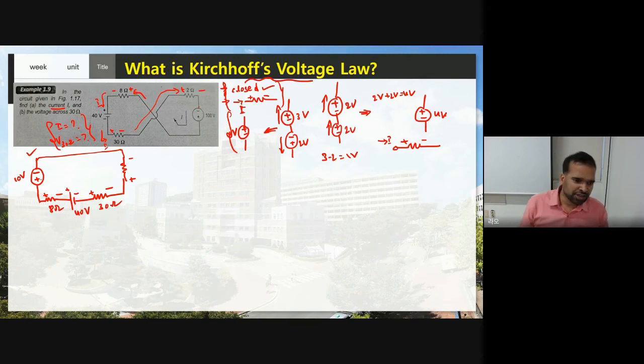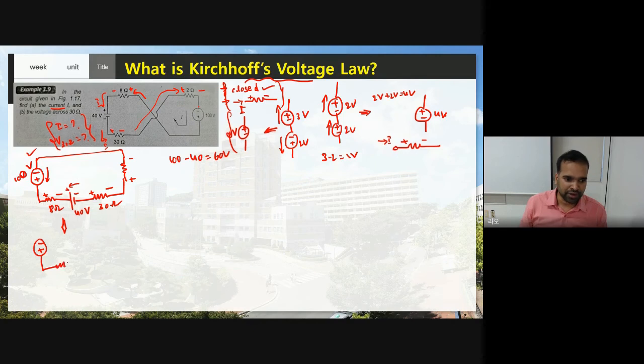Of course. Now see, what is the current here? Minus to plus. Current is going like this, and here minus to plus. Current is coming like this. Yes or no? Yes. Now these two are in opposite direction. Sorry, this is 100 volts. So what happened if these two are opposite direction? I can write 100 minus 40 equal to 60 volts. Then what would be the resultant voltage source direction? Which one is the highest voltage here? This one. So of course I need to write this one minus to plus.